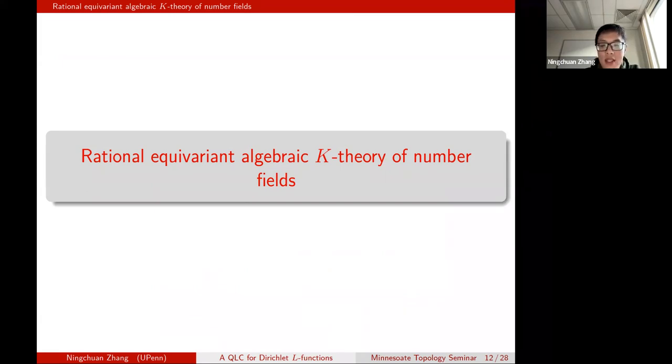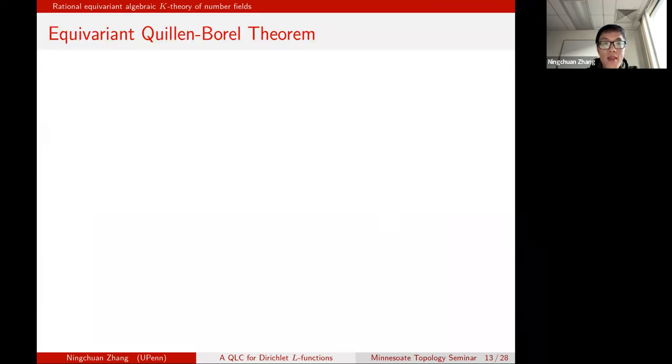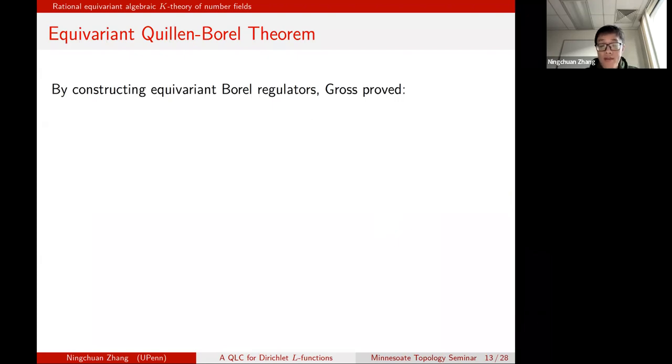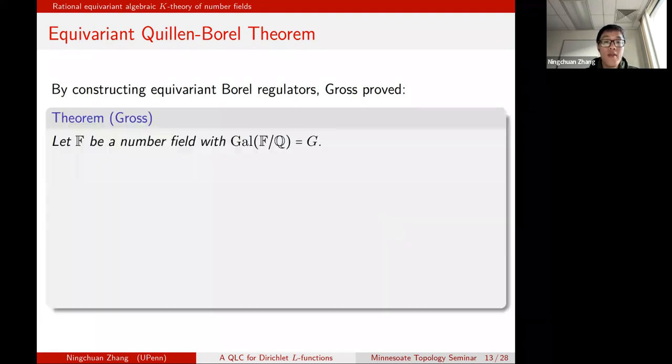If not, let's proceed. I guess we all know as homotopy theorists, rational homotopy theory is supposed to be easier than integral ones. The same holds, especially in the equivariant setting. So let's first deal with that situation. Let's first state the equivariant Quillen-Borel theorem. By constructing equivariant Borel regulators, those R_n's in the Quillen-Lichtenbaum conjecture, Benedict Gross proved the following: